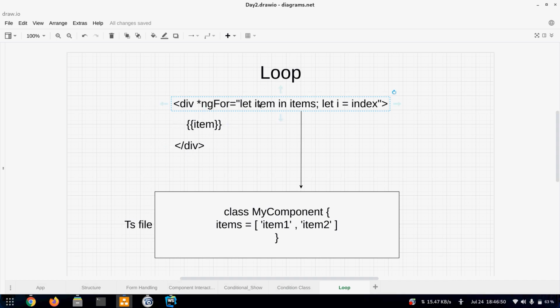we can use this item, whatever name we gave, we can use it however we like. So is there any confusion till now, or can we move forward?